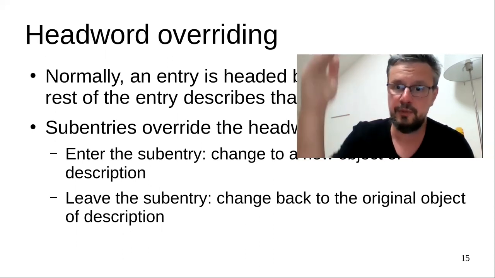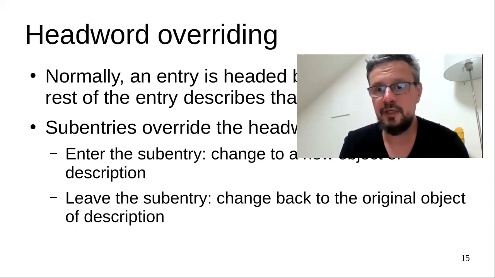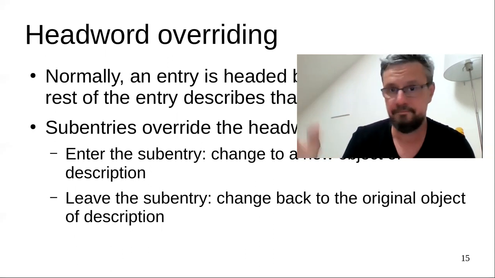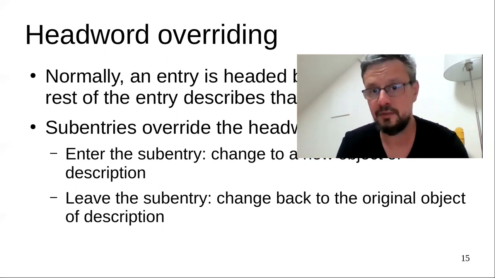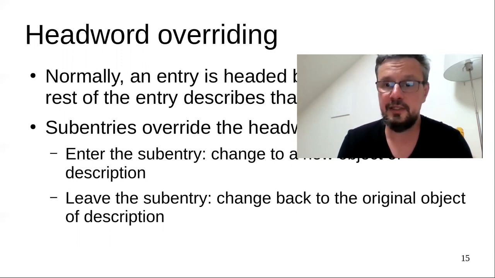As my computer program is iterating through the senses of the entry, it needs to keep track of what the object of description is. It cannot assume that the object of description is always the head word, because it can be overridden by a sub-entry somewhere deep in the entry. Okay, so that's a complication for me as a computer programmer, and ideally I would like sub-entries to be encoded differently